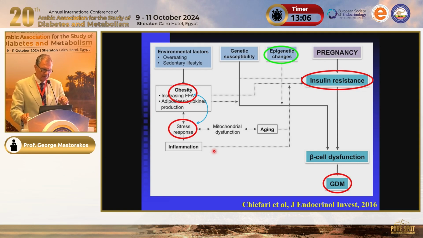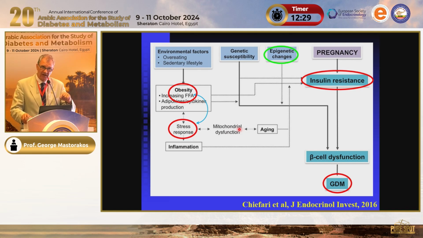the authors in this 2016 review have tried to put together all the factors which, with the knowledge that we have gathered all these years, will finally lead to GDM. And you can see that here we have environmental factors, including overeating, which can lead to obesity. We have stressful situations, either internal or external to the mother, including inflammatory conditions and mitochondrial dysfunctions,